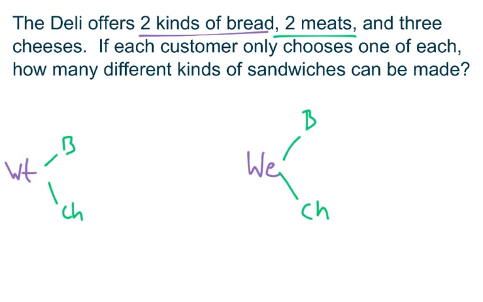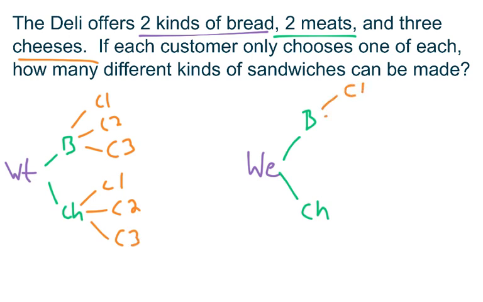And then the cheeses, we don't have to get too fancy here: cheese 1, cheese 2, cheese 3, maybe a cheddar, a provolone and a Swiss. Any of the breads you could have chosen, either meat, and then either of the 3 cheeses. So if we count up our sample space here, we find that we have 12